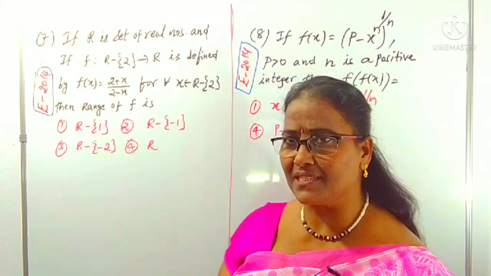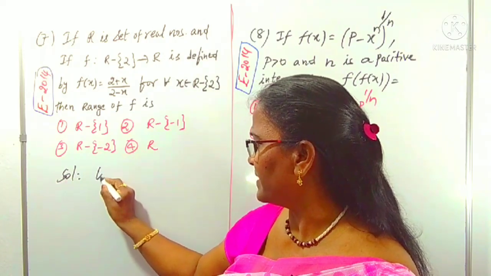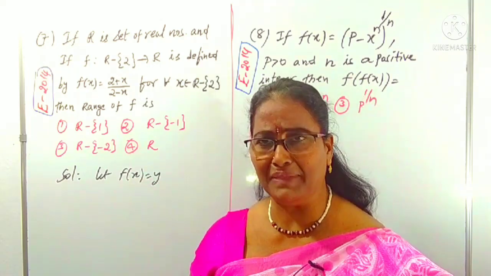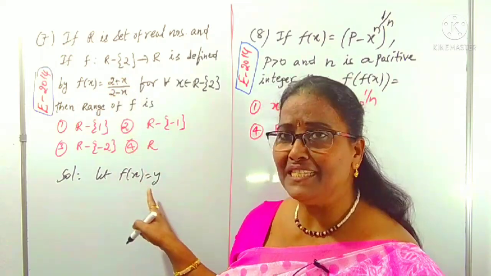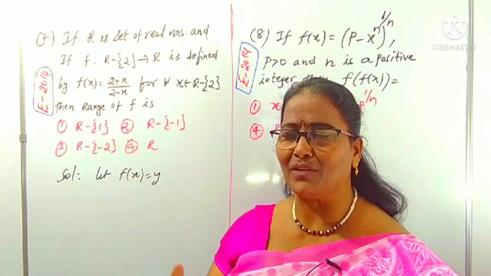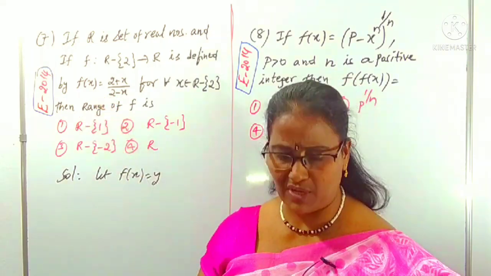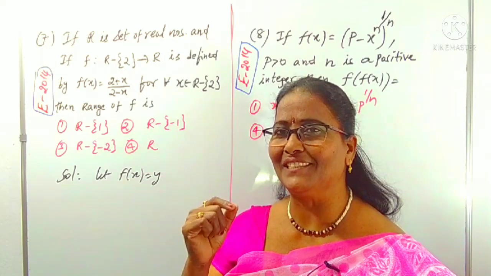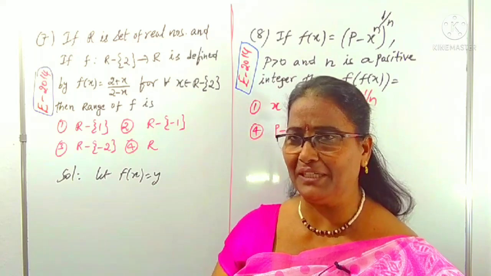To find the f of x result, for easiness I am taking f of x as some y. F of x is equal to y. To find the range, there are different methods. For a rational function like this simple function, we can take x in terms of y. If there is a limited set of values, like x values 1, 2, 3, 4, we can substitute those x values and find the f of x values. Like that we can do. That depends on the question. The process of finding the range is important, and it is different for different questions.